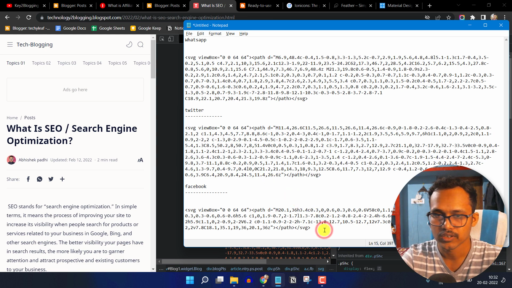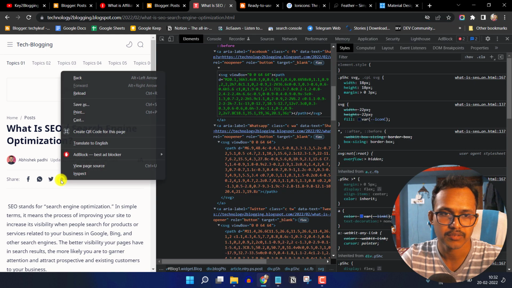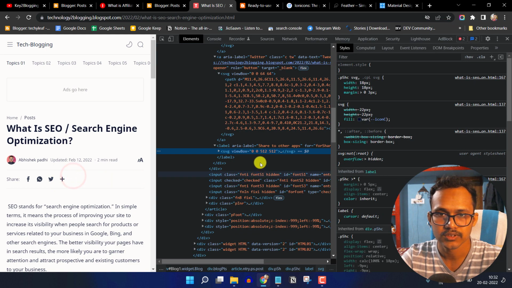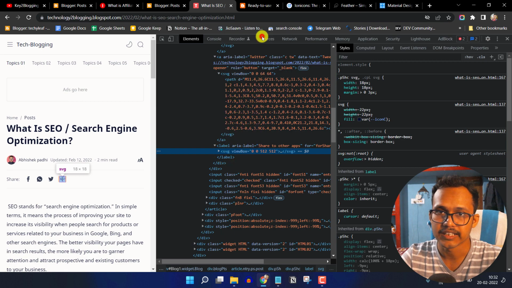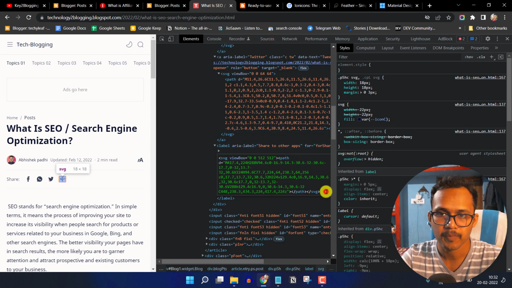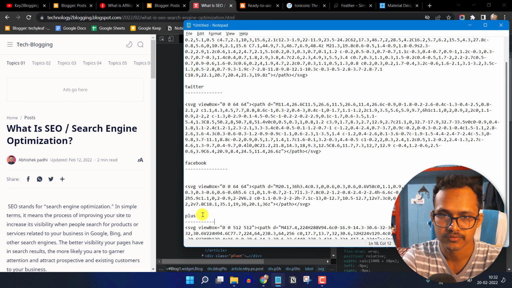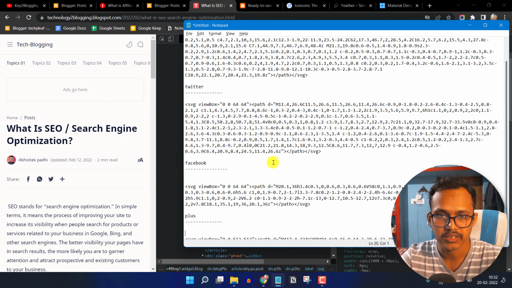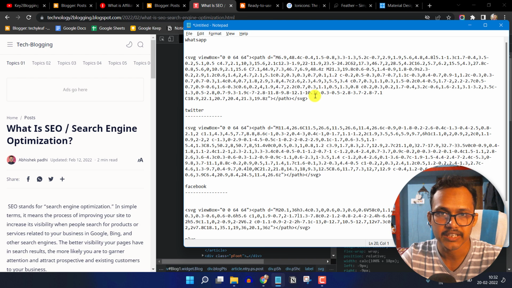Okay, now we can also copy more SVG icons. So let me just click on plus icon and I will right click on it, click on edit HTML. Now let's copy this and let me just paste it, and I can name it like plus. Okay, now we have copied the HTML code of the SVG icons.